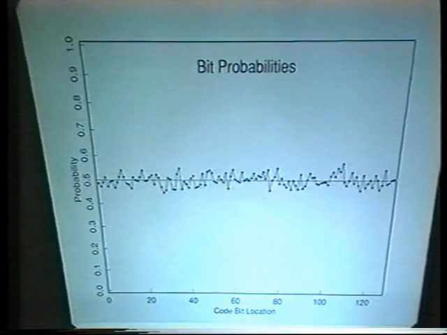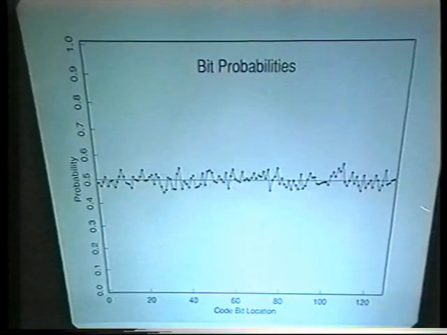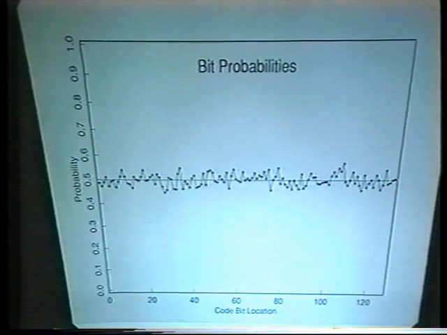The fact that this distribution is uniform makes it a maximum entropy code, and it shows there's independent variation everywhere across the iris code. Their independent bits are being set, and the fact they're set with a probability of 0.5 in each position makes it a maximum entropy code, which is what we'd like to have. So this means that we can perform iris recognition really just by a simple test of statistical independence.